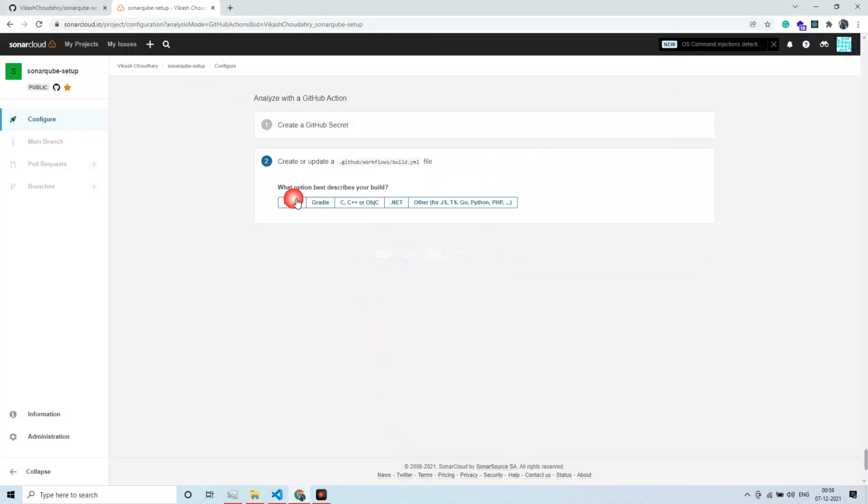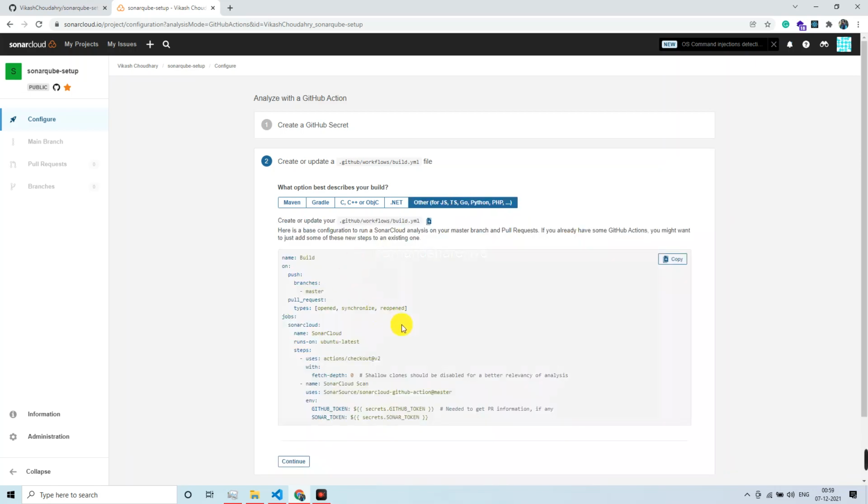Click on next. Since this specific example we are considering is for JavaScript, but again SonarCloud has various technologies or languages as options, so you can select based on your project need. But for now, let's proceed with JavaScript. And as you can see, it says create or update a workflows file. I'll show you exactly. This is what I was explaining earlier. We have to create a GitHub Actions workflow, and through that we will be doing the SonarCloud scan, and then as an end result we will be seeing the scan result within SonarCloud.